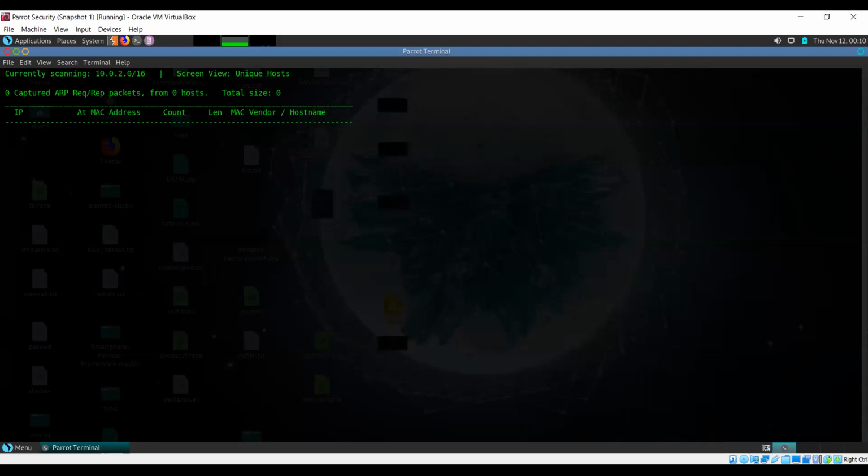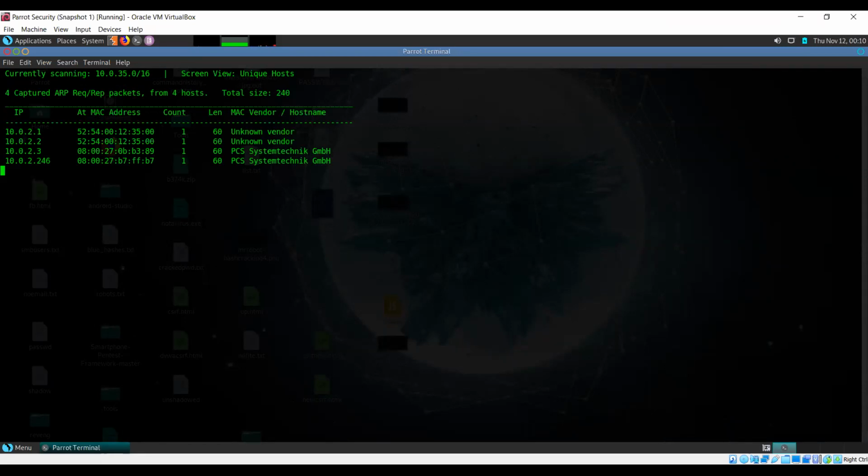So what I'm doing is I'm running a scan across my network, trying to see how many IP addresses I can find active. So far, it is showing me four. The first one is not a device, that's just a gateway.